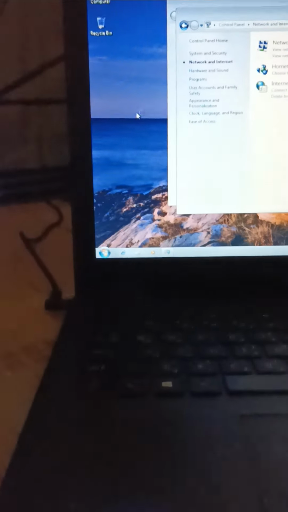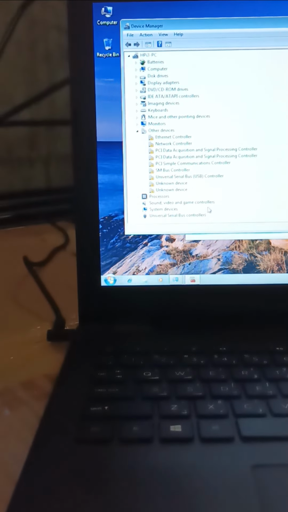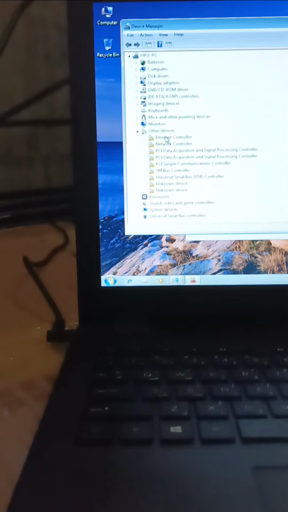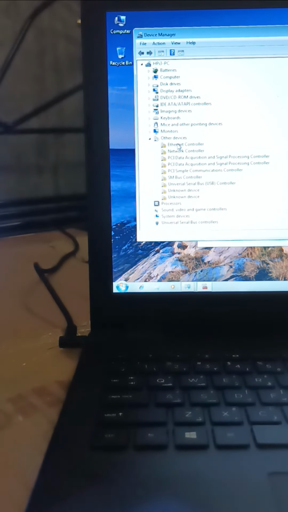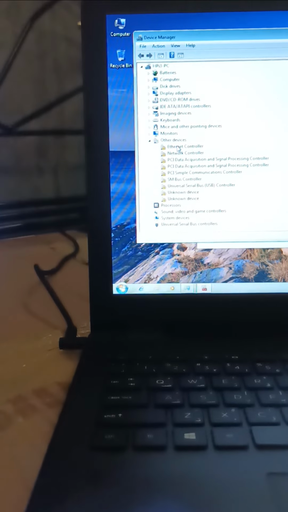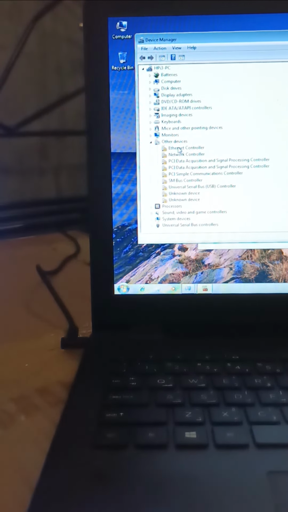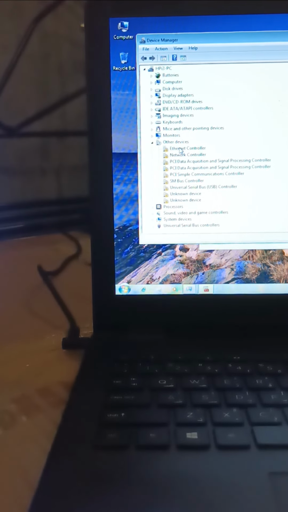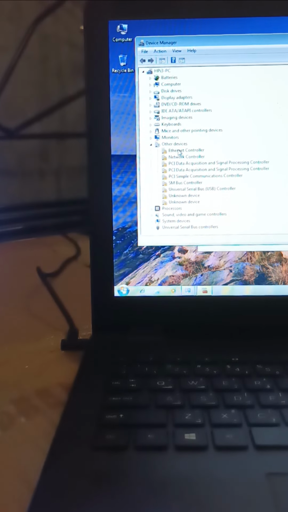If you're still having issues with your network, close out of here. I recommend going back to the Start menu, type in CMD, the program should show up here, right click on it, and left click on Run as administrator. Okay, so now in this elevated command prompt window, you want to type in ipconfig space /flushdns, exactly as it appears on my screen. Then you want to hit enter. It should say successfully flushed DNS resolver cache. Now you want to type in netsh space